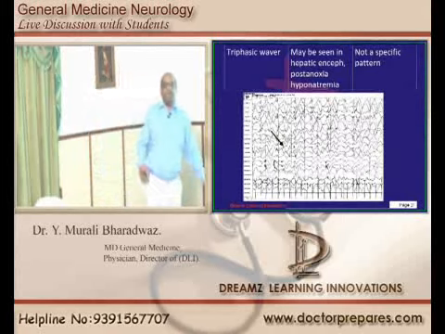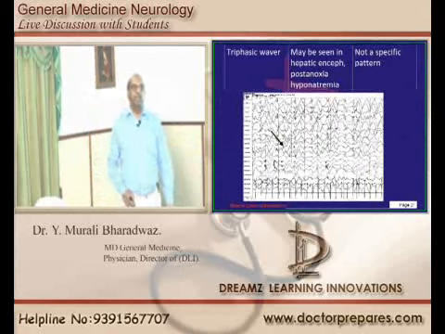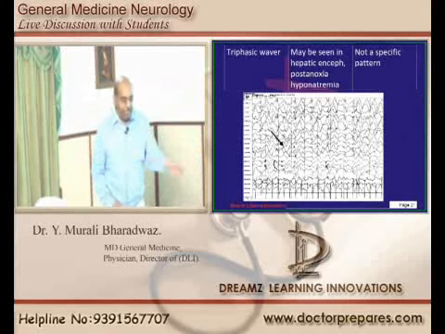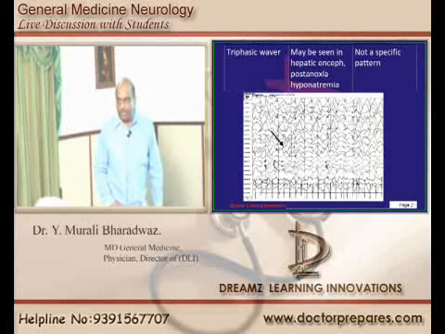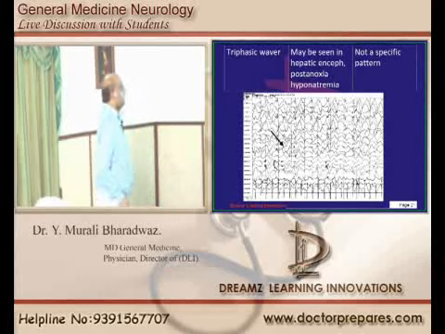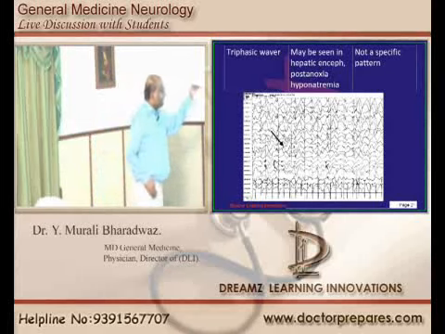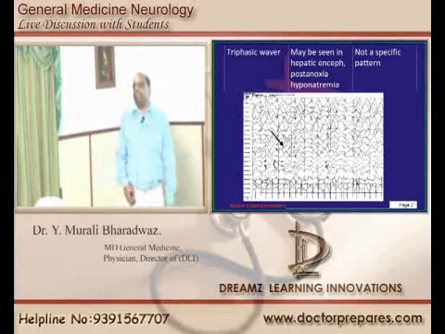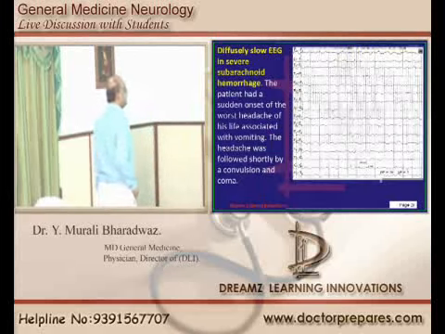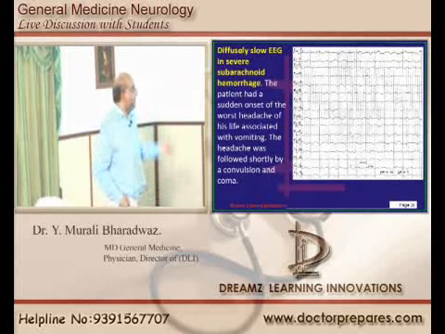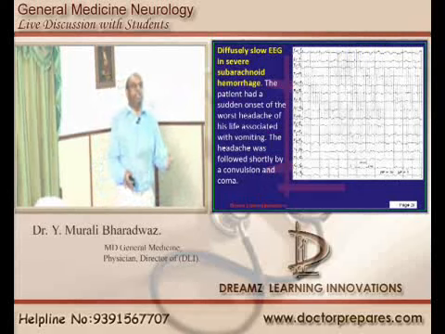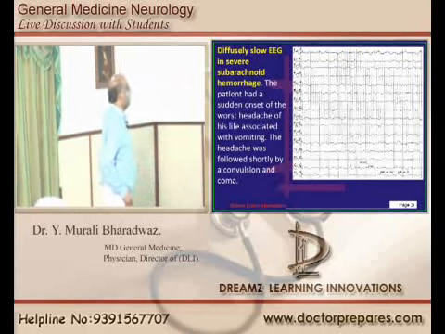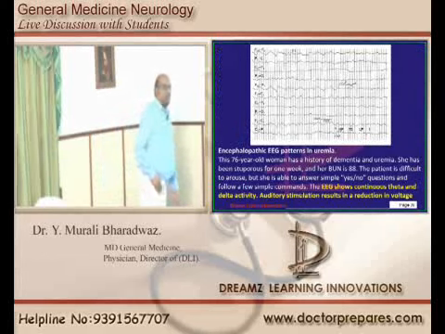Then somebody has a hepatic encephalopathy, or somebody came in with poisoning and you are able to intubate only late, he suffered already some hypoxic brain damage. Then what do you come across in them? You have this kind of triphasic waves, which is very classical, is what you need to understand. And if somebody has a subarachnoid hemorrhage, what is the EEG pattern? There is a diffuse slowing of the EEG. The EEG keeps going very slowly. That's how you have. Then in uremia, what do you have?